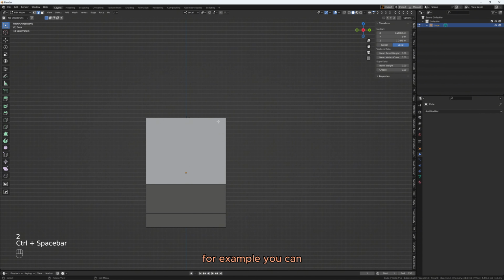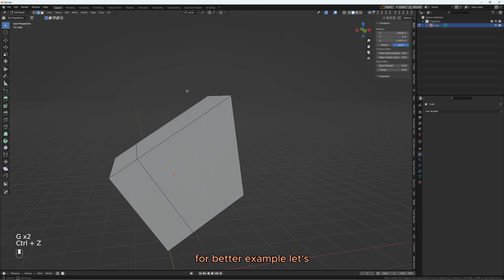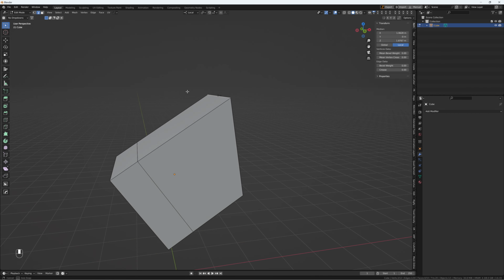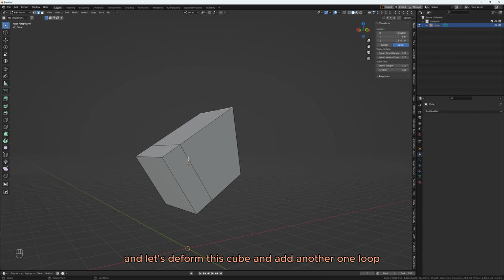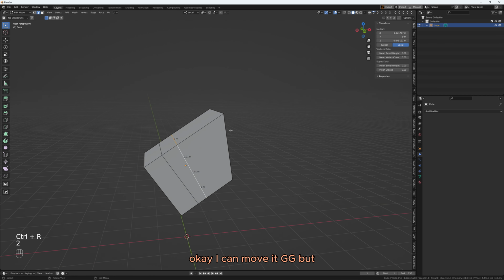Also, for a better example, let's deform this cube and add another loop. I can move it with G G, but